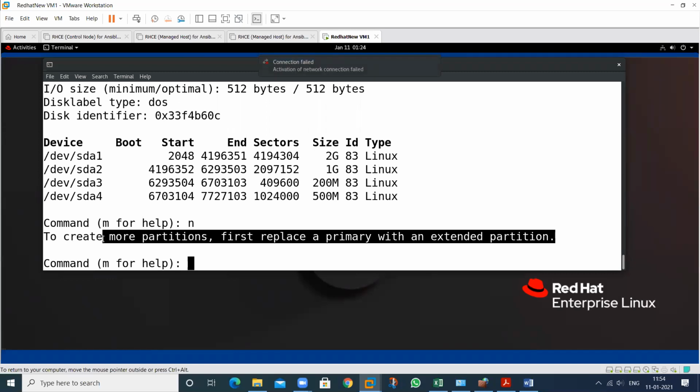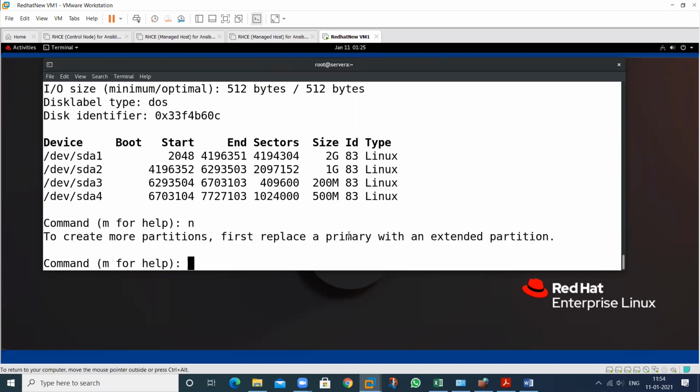See, Sir, my question was that if we have created 3 partitions and 1 extended partition is there, then 11 logical partitions are also there. See, how many partitions can you create in MBR? 15. And in these 15, the default behavior of MBR is that we can create only 4 partitions. What is the default behavior of MBR? 4. How many partitions can we create? Only 4.